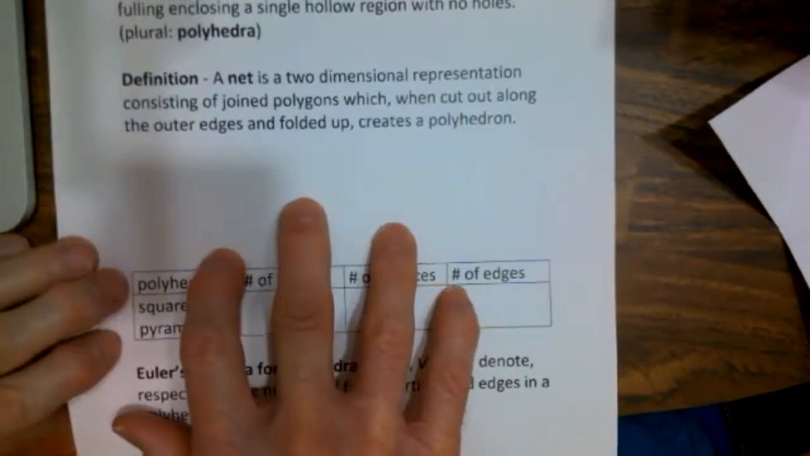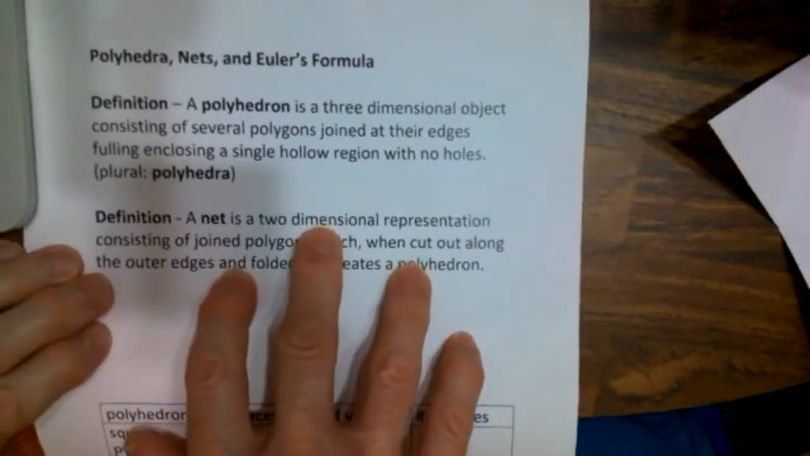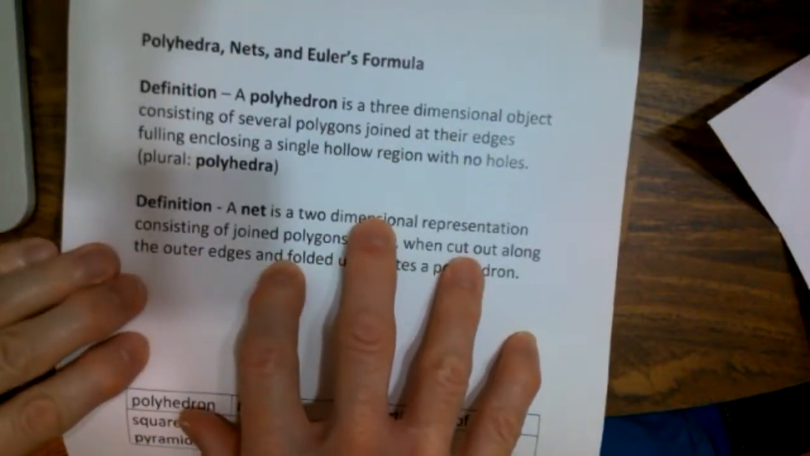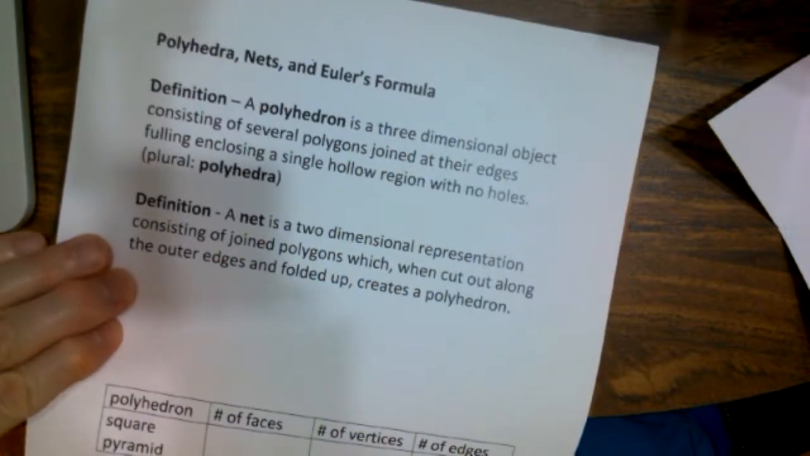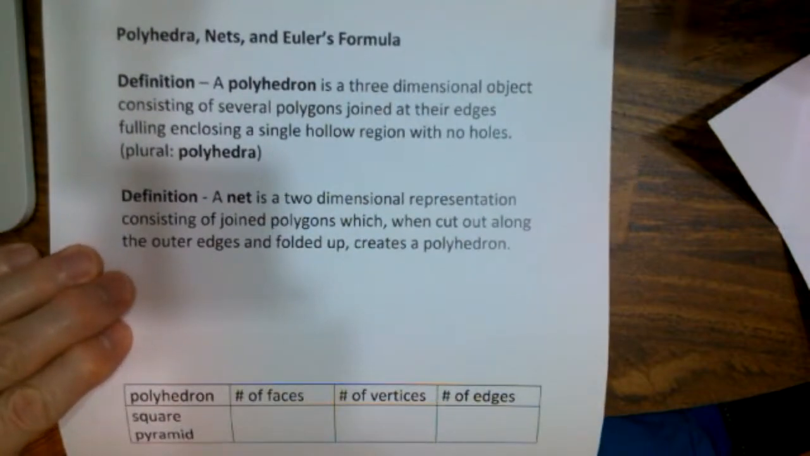So here we have a definition that I want to show you. A polyhedron is a three-dimensional object consisting of several polygons joined at their edges, fully enclosing a single hollow region with no holes. We're going to see an example of this in just a minute, and we'll come back to this definition so that you can see exactly how it works. But it's a three-dimensional object consisting of several polygons joined at their edges, fully enclosing a single hollow region with